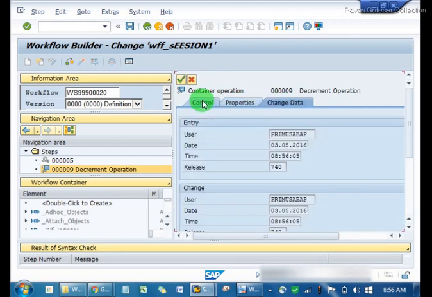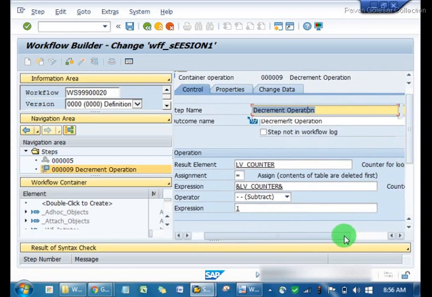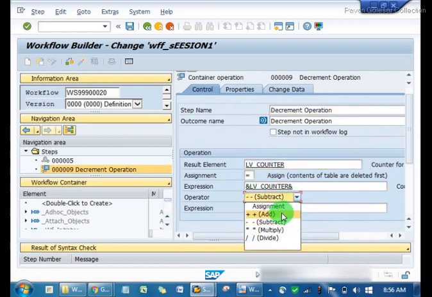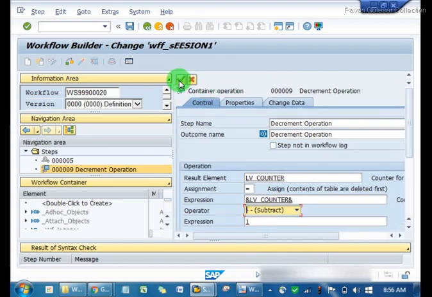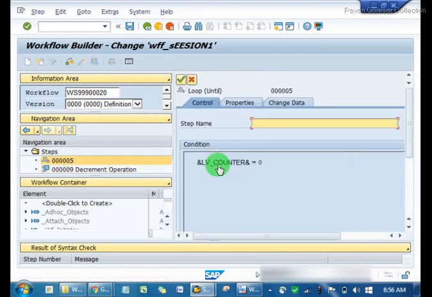There are various tabs also. We are using this loop container, which refers to this variable, and this variable will subtract 1 from its value. Any doubts till now? Does everyone understand everything till now?